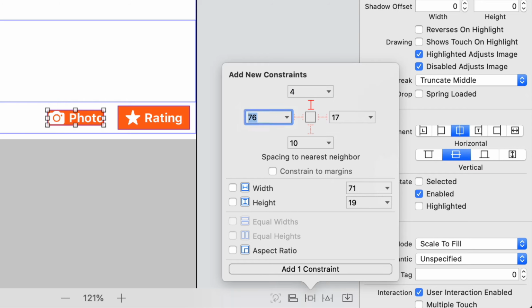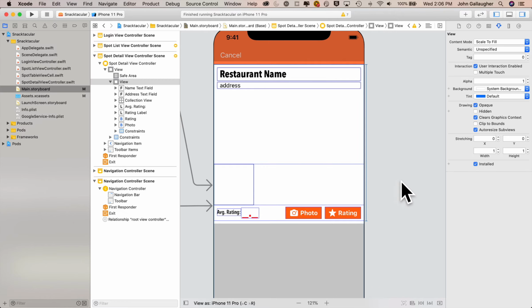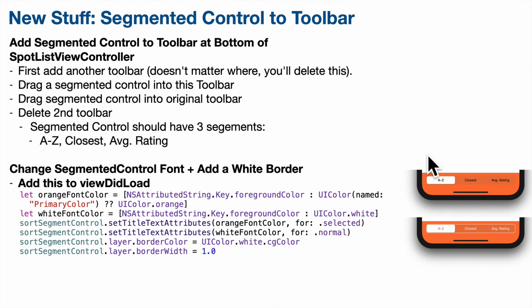The top will be 4, the right will be 8, my width will be 90, and my height will be 29. Add 4 constraints. And these 2 buttons look great. Nice work. Now next up in the toolbar area of our spot list view controller, we're going to add this